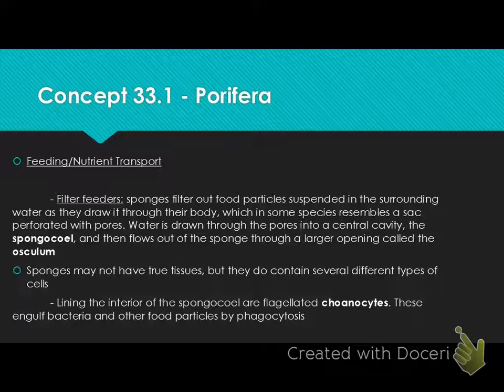Sponges may not have true tissues, but they do contain several different types of cells. And lining the interior of the spongocoel are flagellated choanocytes. These engulf bacteria and other food particles by